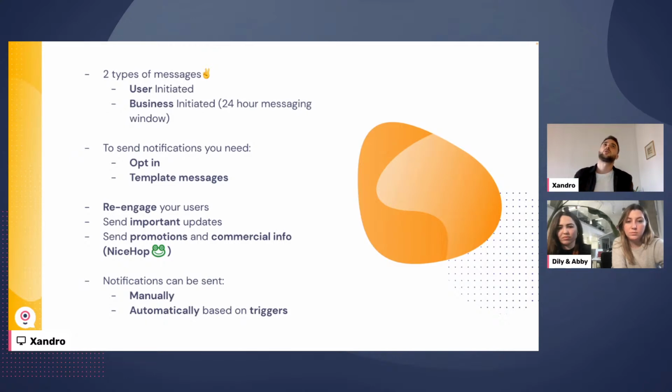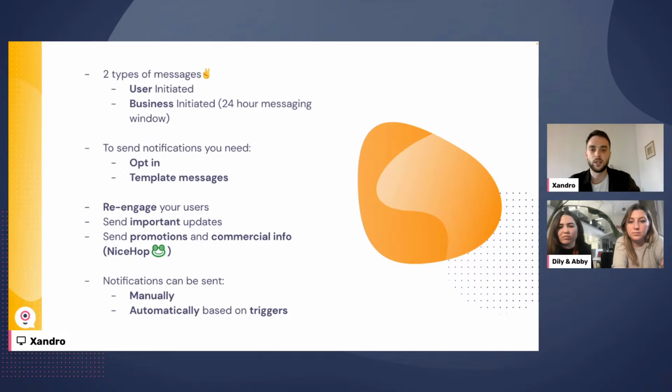Just to make sure to try and understand, WhatsApp works in a 24-hour messaging window. So if the client writes to you like right now, you'll have 24 hours to respond with a bot or with an agent message without any control. Once the 24 hours have passed since the user's last message, then the only way you'll be able to reach out to the client is through a business-initiated message.